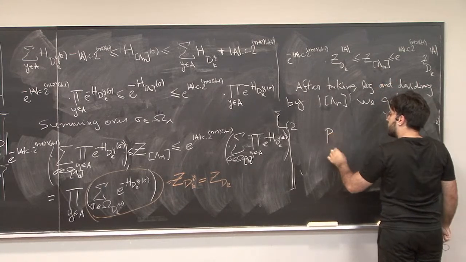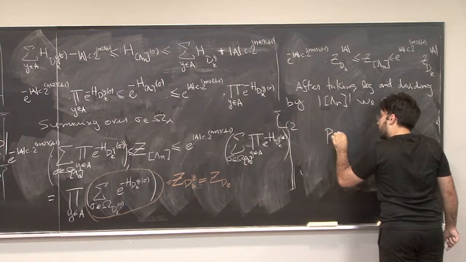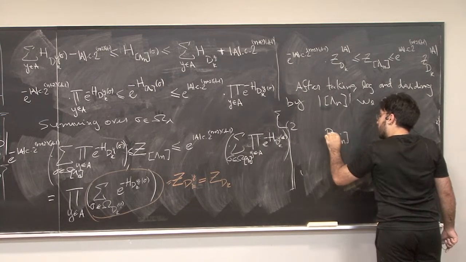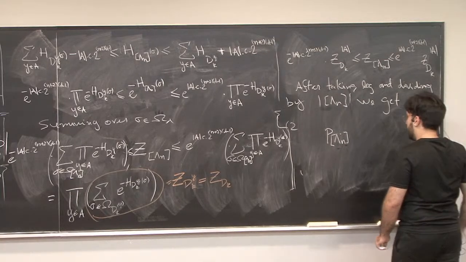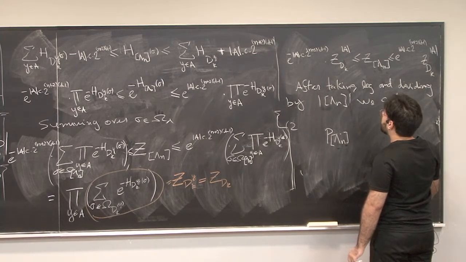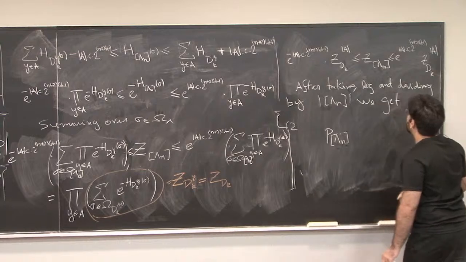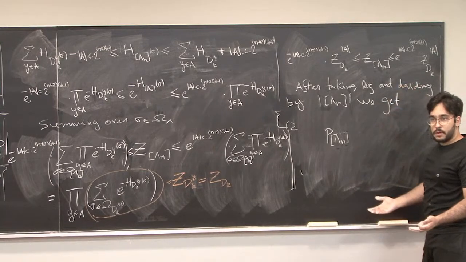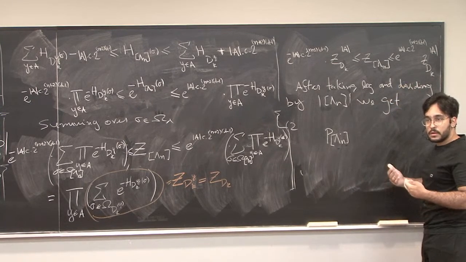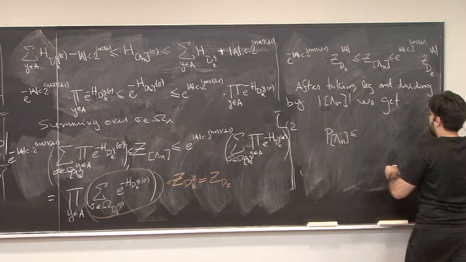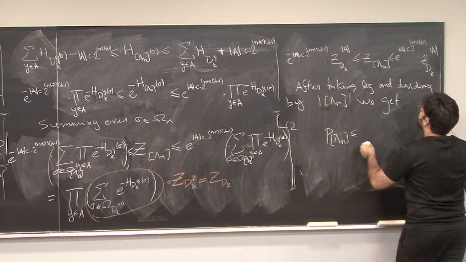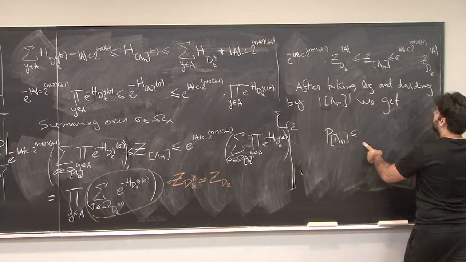We get the local pressure here in the cover of lambda n, and this will be, let me do first the upper bound. The lower bound will be almost the same. So this will be less than